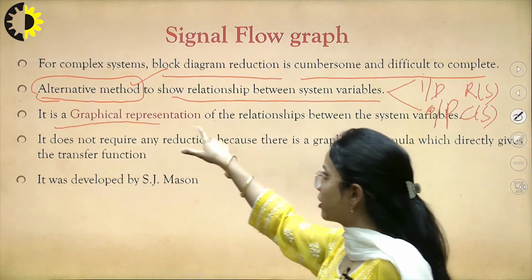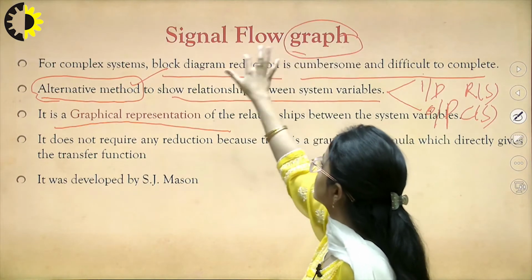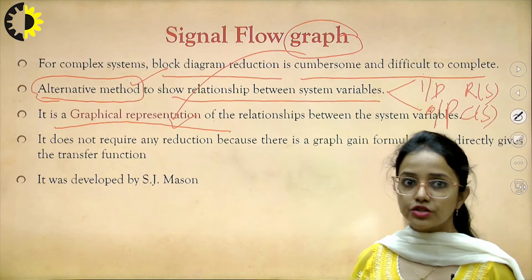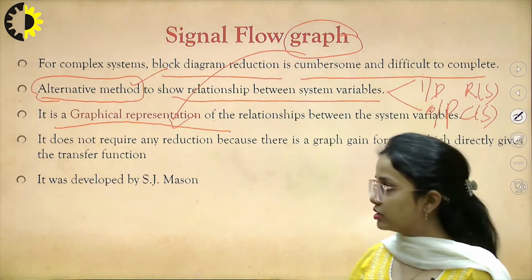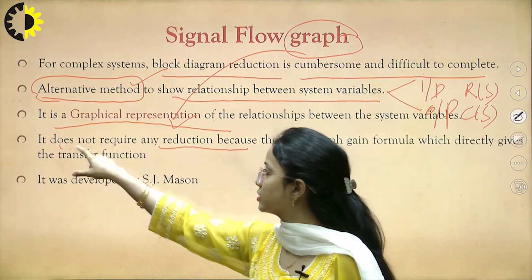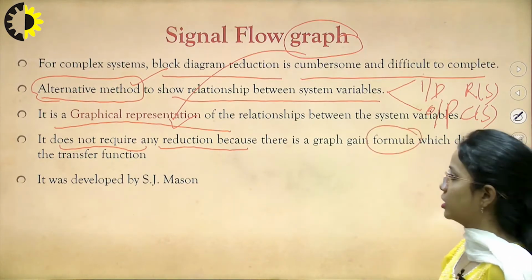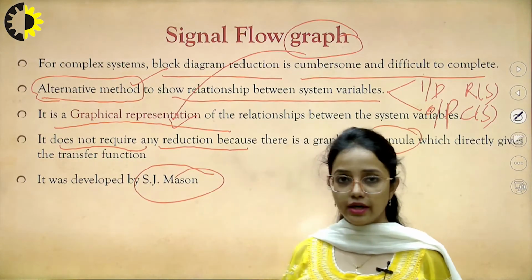Next, it is a graphical representation. So graph, the word is coming from here. The graphical representation, relationship between system variables. It does not require any reduction. So we do not need any technique to reduce. Rather, we have a formula for the same. So the scientist S.J. Mason derived a formula called